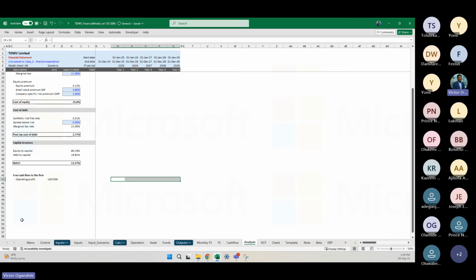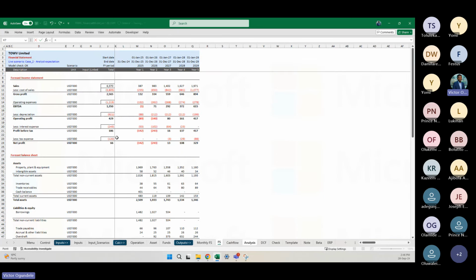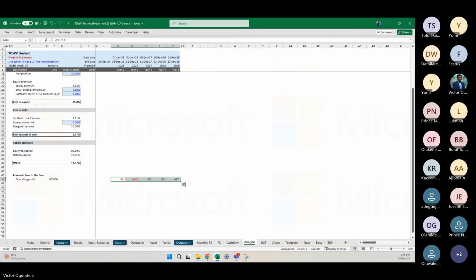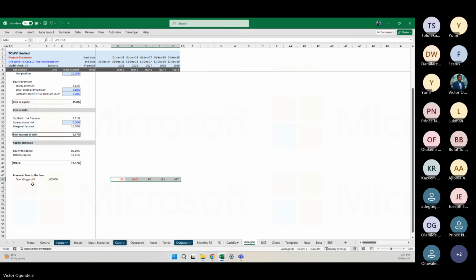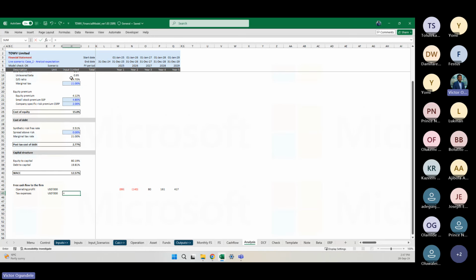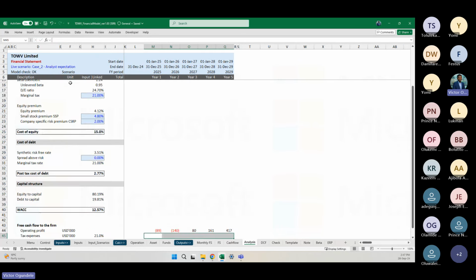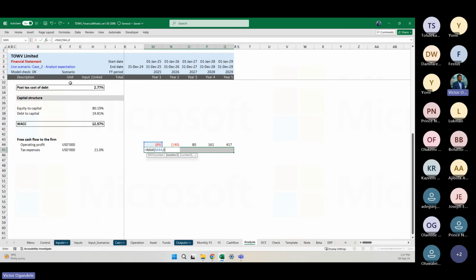So here, I'll just link this to my operating profits in my annual financial statements. Okay. Then I can have my tax expense. What is our tax? I think we can just use the same 21% that we have here. Let me calculate my tax. So equal to max of, if the operating profit is positive, so max of this, comma 0, then multiply by my tax rate,